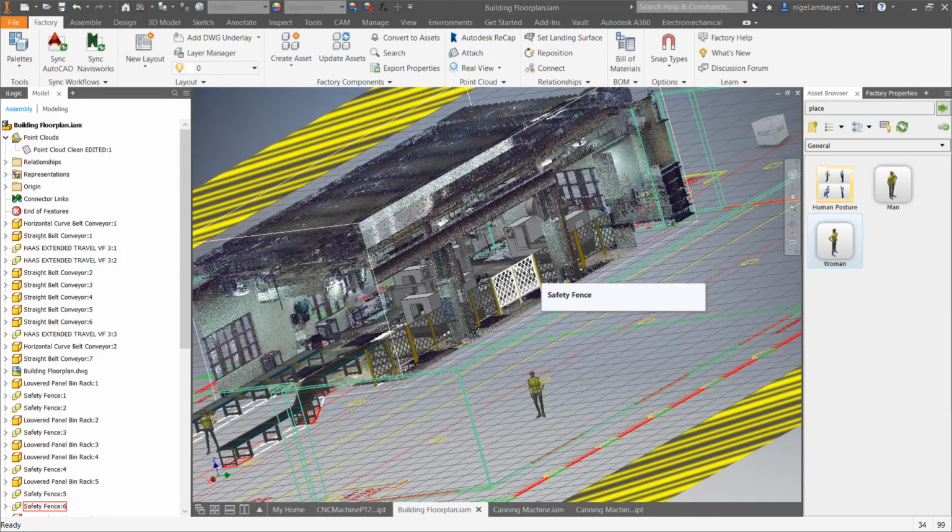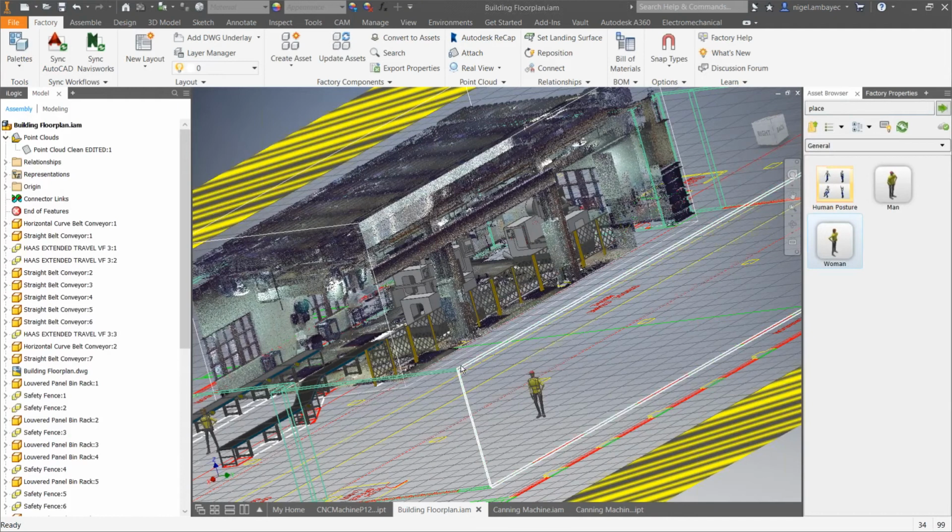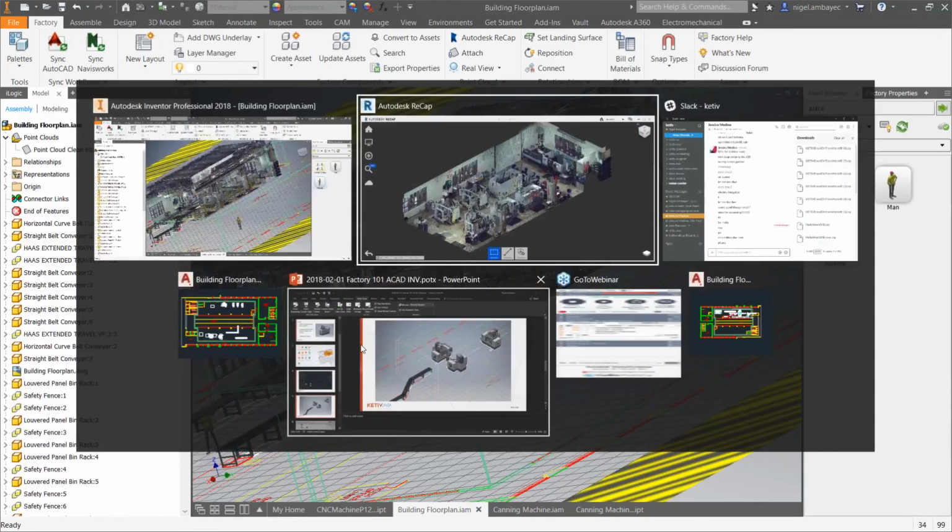Really cool. This also goes on the 2D drawing in a different way. It's represented differently, and I'll show you what that looks like. I already synced this to AutoCAD, well, actually without the people, but it's more or less the same. And I'll show you that really quickly. So once you hit that update AutoCAD button, it saves this Inventor file down,